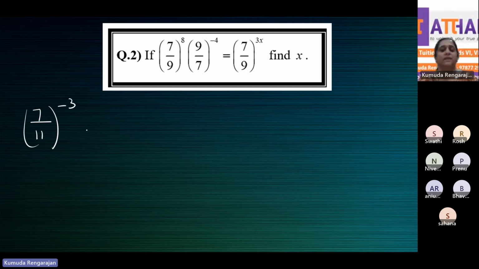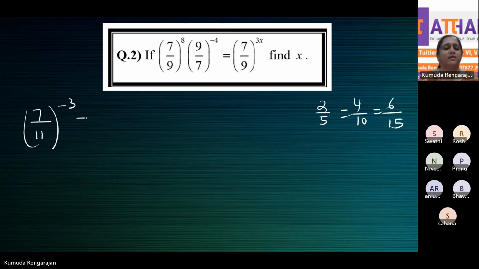If you want to write the equivalent of this one, what do I mean by equivalent? Now you all know that 2 by 5, the equivalent of this is 4 by 10, 6 by 15. All these are equal. Like that, if you want to write the equivalent of 7 by 11 whole power minus 3,